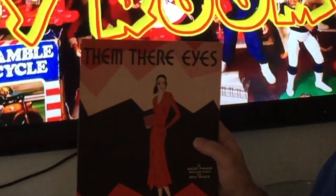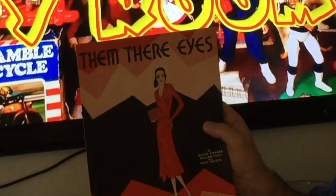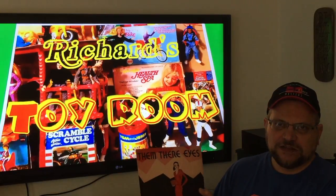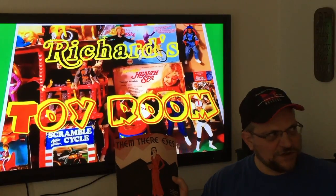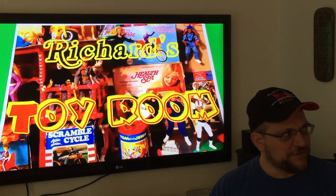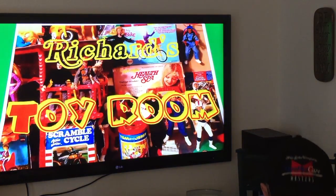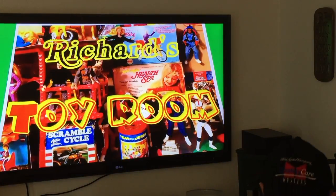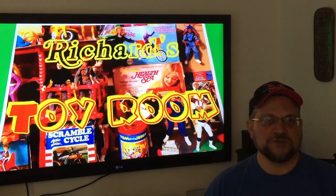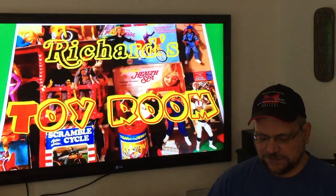I pick some of these out once in a while when I hit sales and antique malls, and I pick ones that I'd like to frame. I have some, you can't see them, they're over on this wall right now, but I framed three old ones. They're actually older than this. They're probably from the early 1900s, but I thought it would be something that I would eventually frame. I may even have the 78 of that around somewhere, which would be neat. Then I could kind of frame it with the record,